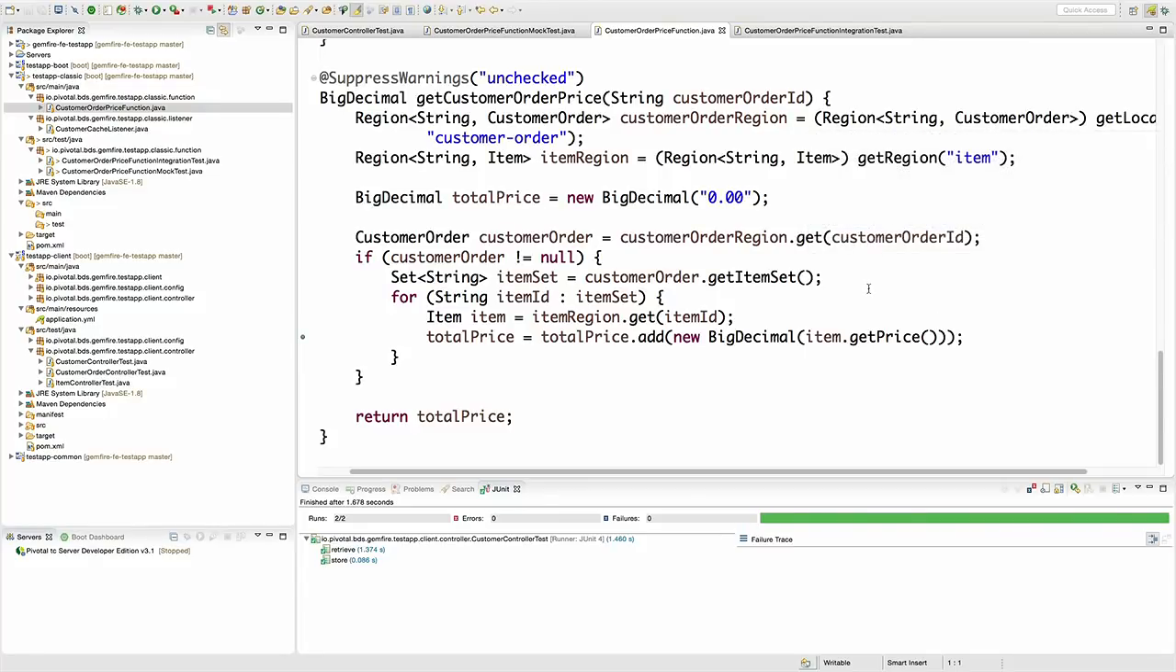But then the order can have items from anywhere in my cluster. So they are not co-located, because I can order whatever I like. I don't have to be confined to what's on that server. So for that one, that's why the other region is doing just a get region, and it's based on